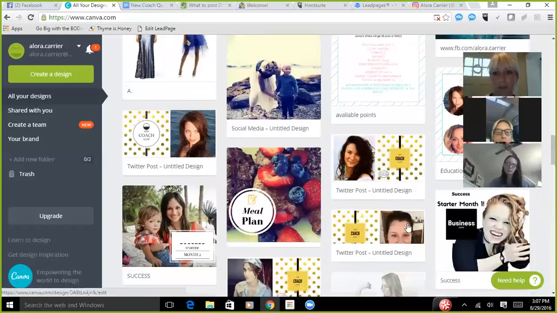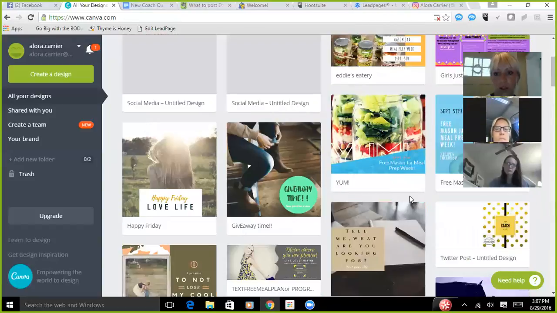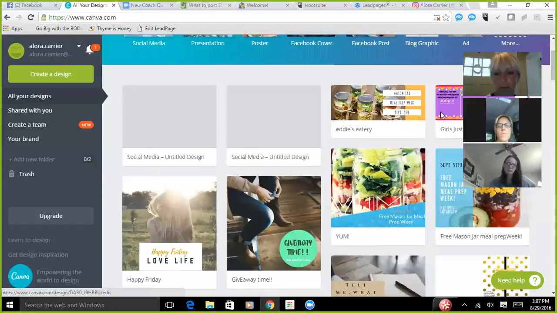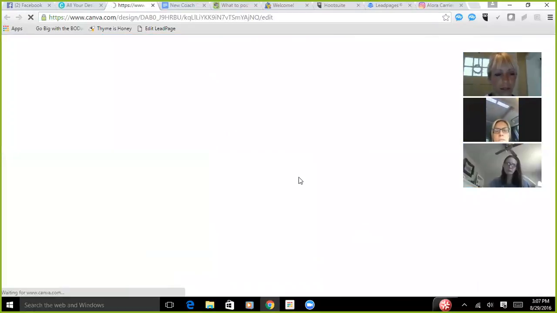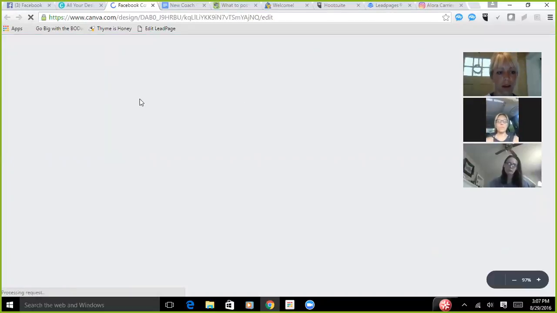I'll go up to my coach banner for my team. So every month I just update this instead of making a brand new calendar every month and having to deal with the crazy boxes. This is a tip that I'm going to give you guys. I just make a cover photo, and then it's loading. I have all these things open, so it might take a minute. Instead of making a standard calendar,